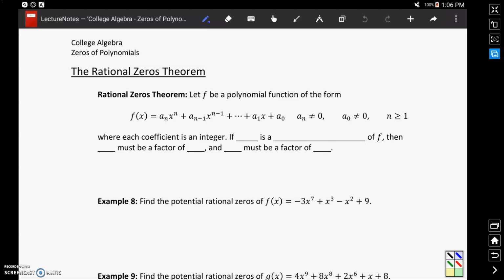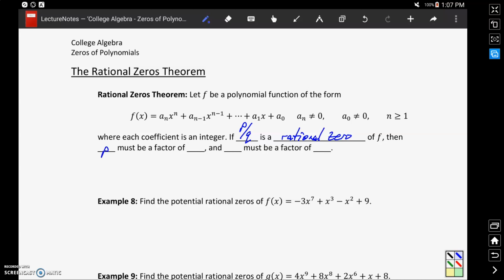The next tool that we want to introduce, getting us closer to our goal of being able to find all complex zeros for a polynomial function, is the rational zeros theorem. This theorem tells us that for a polynomial function, where each coefficient is an integer, if there is some number p over q, so some rational number, if that number is a rational zero of f, meaning evaluating that function at x equals p over q, then